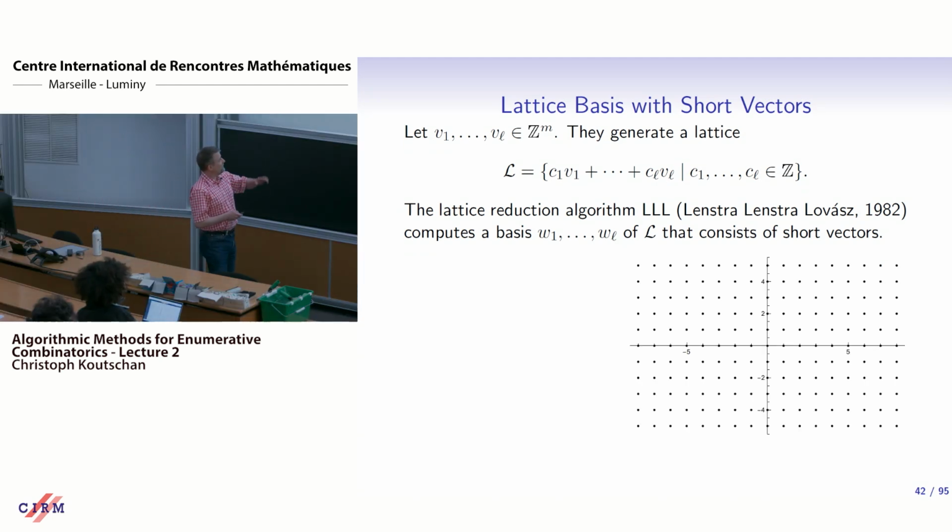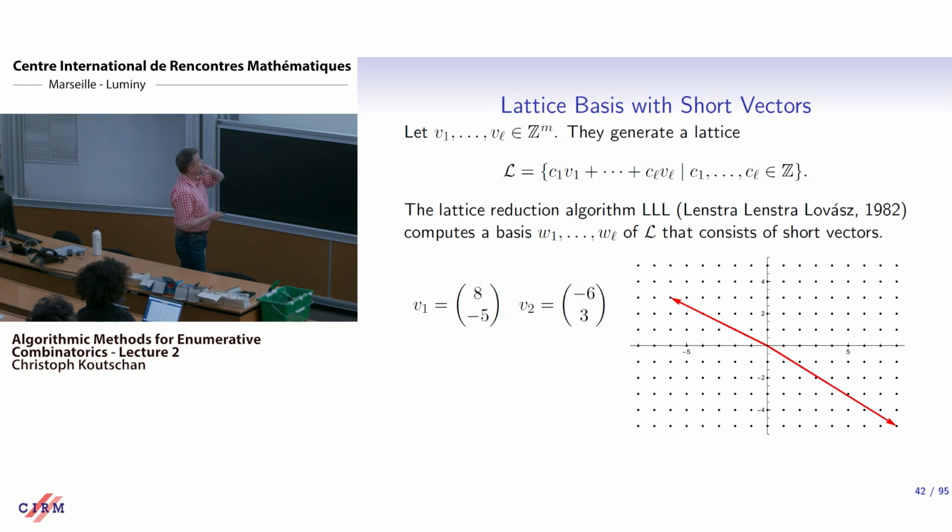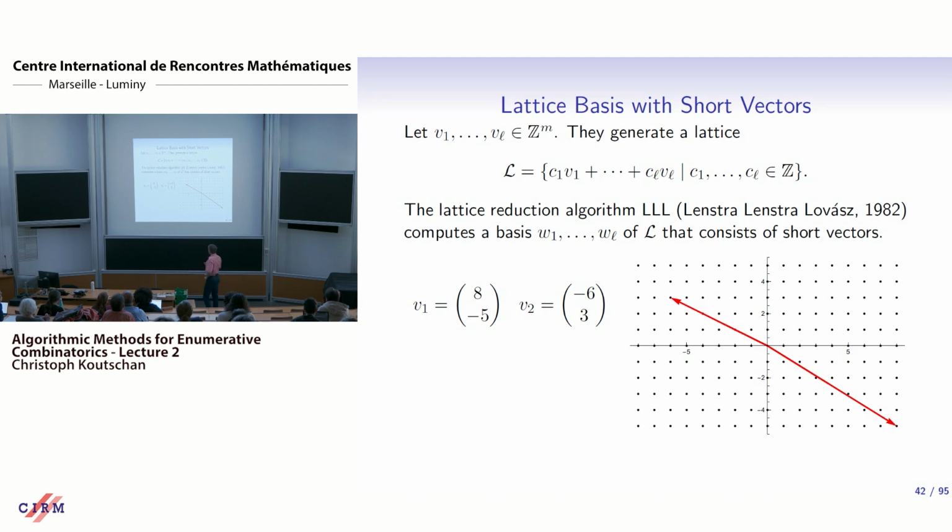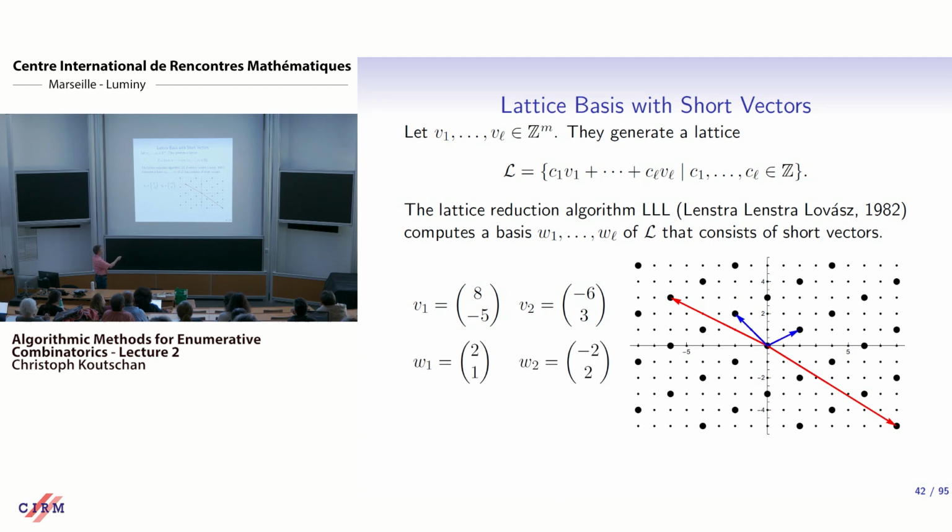Here I draw a picture, and let's take these two vectors. If you look carefully, they are not exactly parallel, and you see it from the definition here. So they generate a lattice. How does this lattice look like? Well, we get all these points. When we take this arrow, we go to the other direction, we get this point, and by doing the combinations. Obviously, this is not the shortest basis for this lattice, but the basis with the shortest vectors is given by the two blue vectors, W1, W2, and this is exactly what